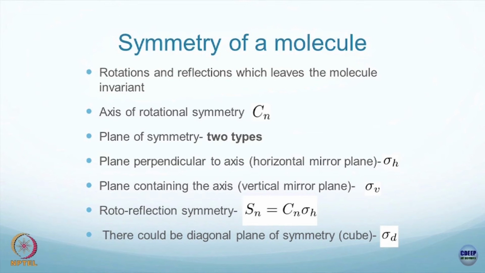Then there could be planes of symmetry. One plane could be perpendicular to such an axis, I will show you some pictures, and one plane could be containing the axis. Okay. The one which contains the axis is what we call a sigma v plane. Okay. So, let me just try to